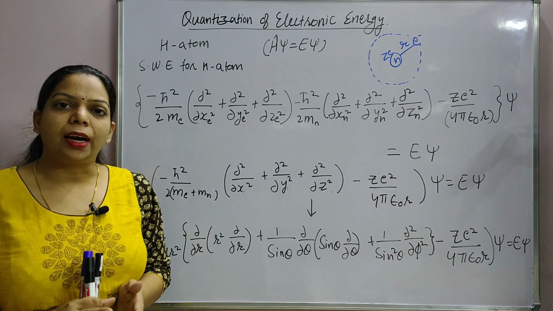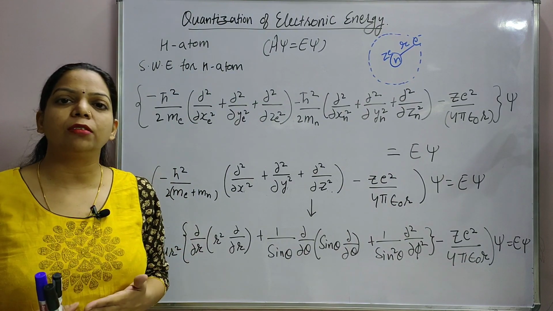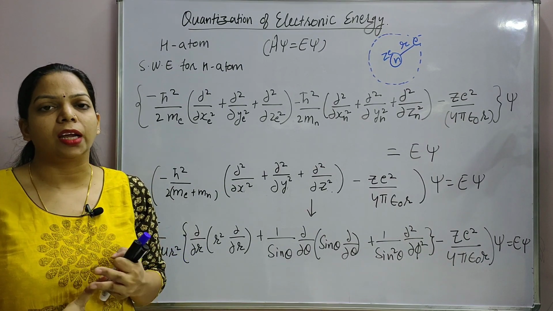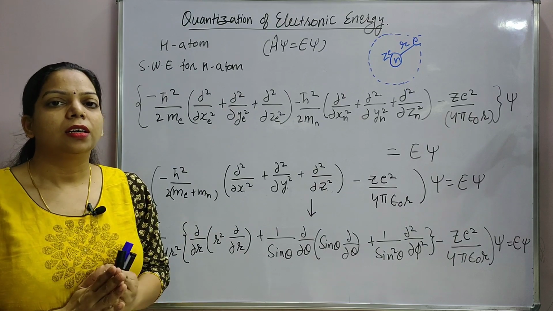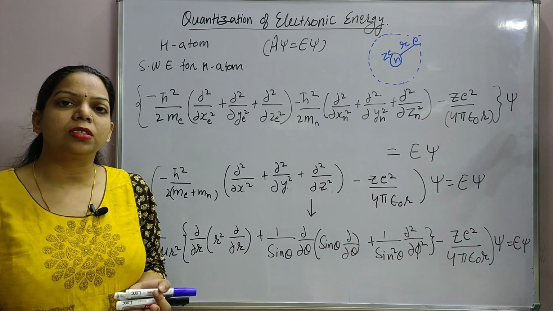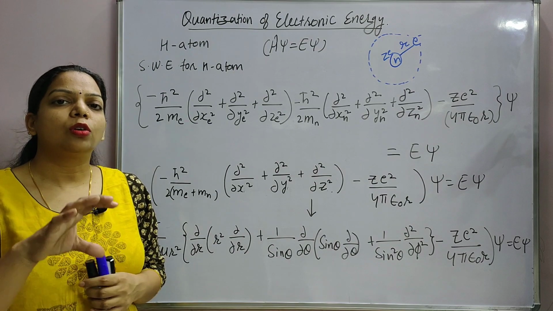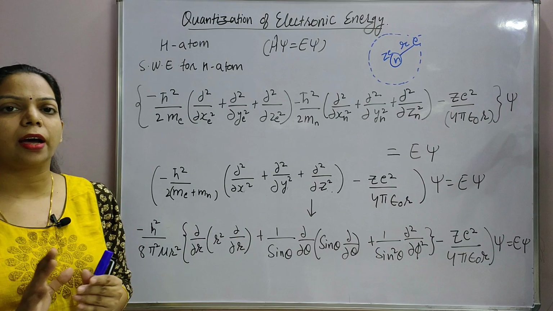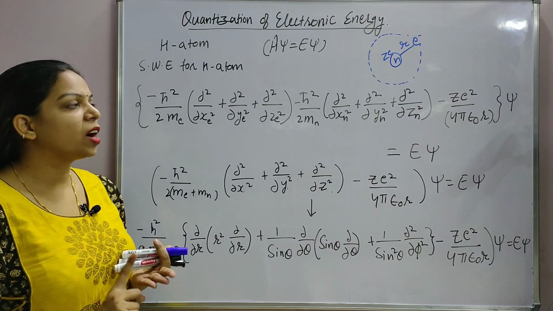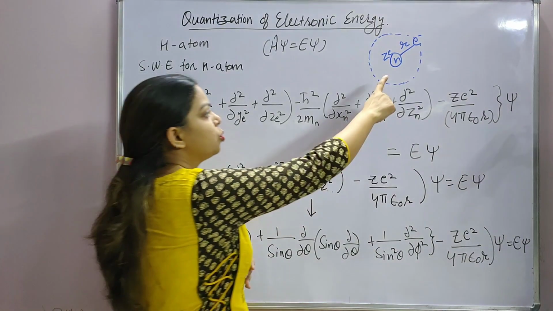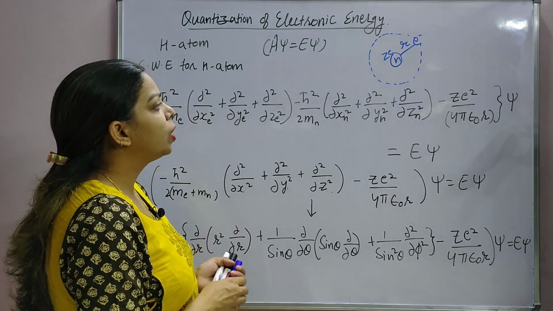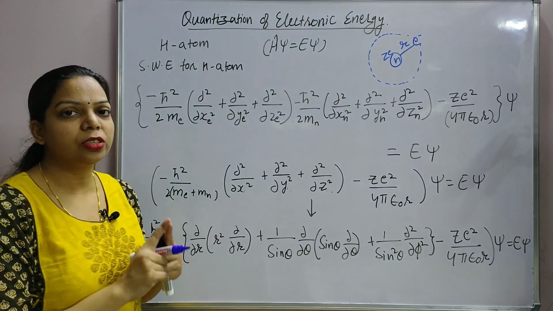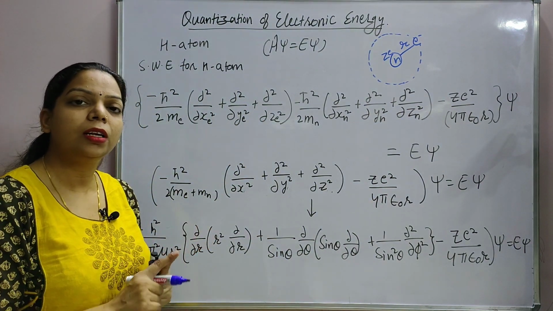But before proving that, we must know how to formulate a Schrodinger wave equation for any system, any atom, molecule or ion. We have already seen, and you can revise, the method to formulate a Schrodinger wave equation for the hydrogen atom. The simplest system is the hydrogen atom, which has one nucleus and one electron. So there will be only one interaction, that is the force of attraction between the two.